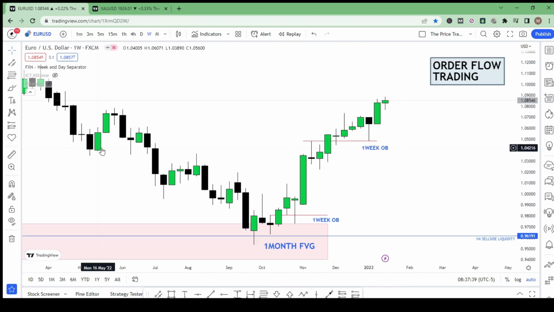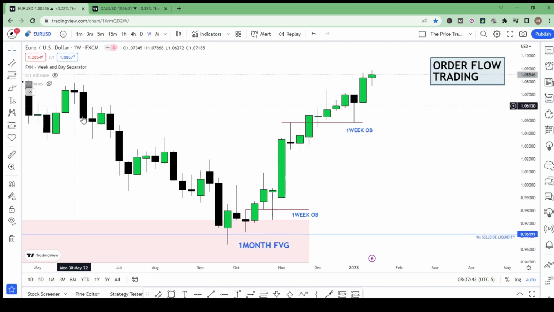For example, when this market was dropping from this level, we saw that the market started creating order blocks. This up close candle is an order block, and it's respecting right there and dropping, creating new fair value gaps, respecting that fair value gap and dropping. Any new order blocks created is dropping. So you find that the market is just moving lower and lower from every order block and fair value gap that it creates. Now when it hit this monthly imbalance,